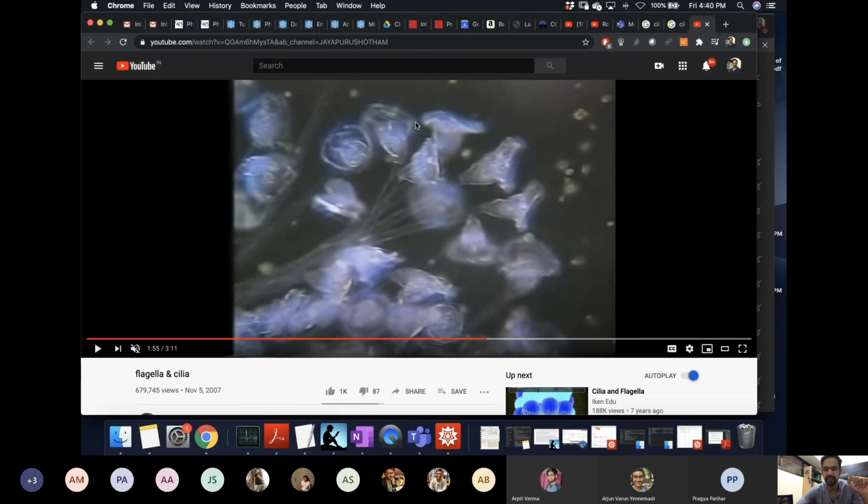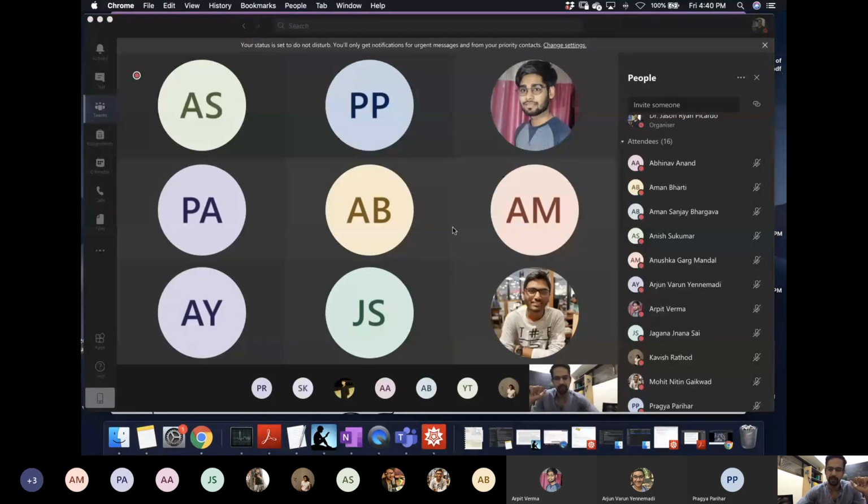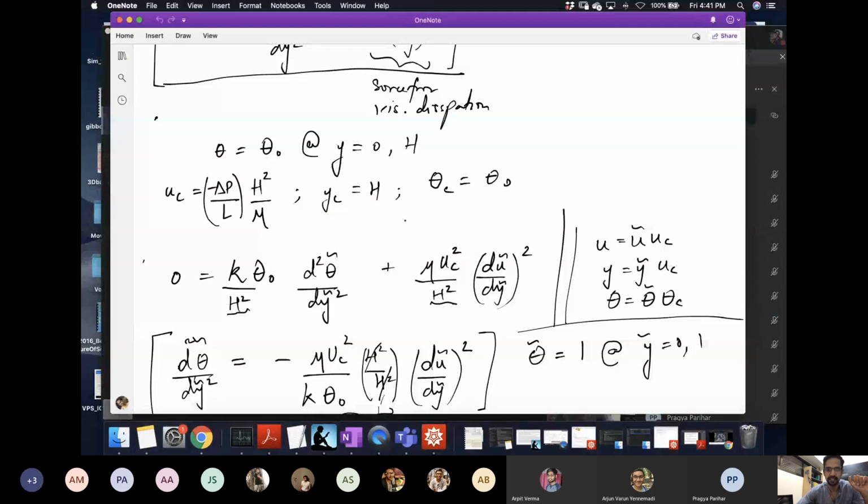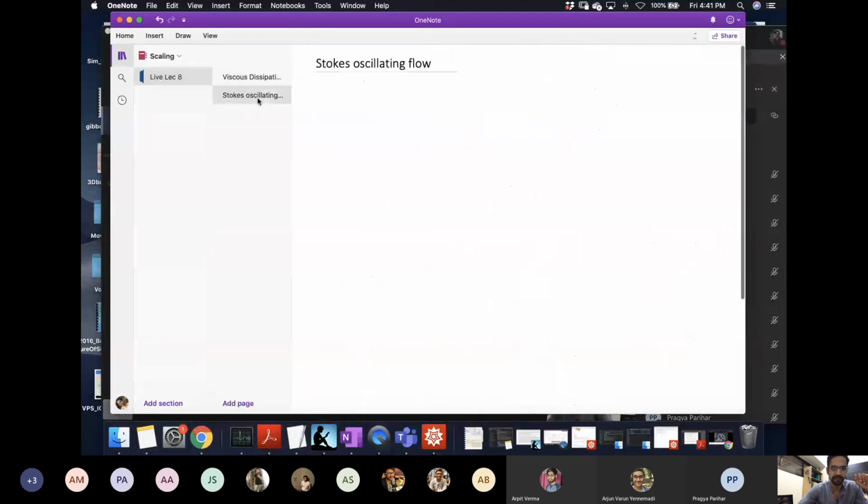Anyway, the point here is this is a situation where you have an oscillating boundary condition, and you're interested in what its outcome is far away from that boundary. And the fluid can also be water, which is much less viscous compared to the mucus layer. So the point of that was to motivate the problem that I'm going to take as a simple example now, which has other applications, of course.